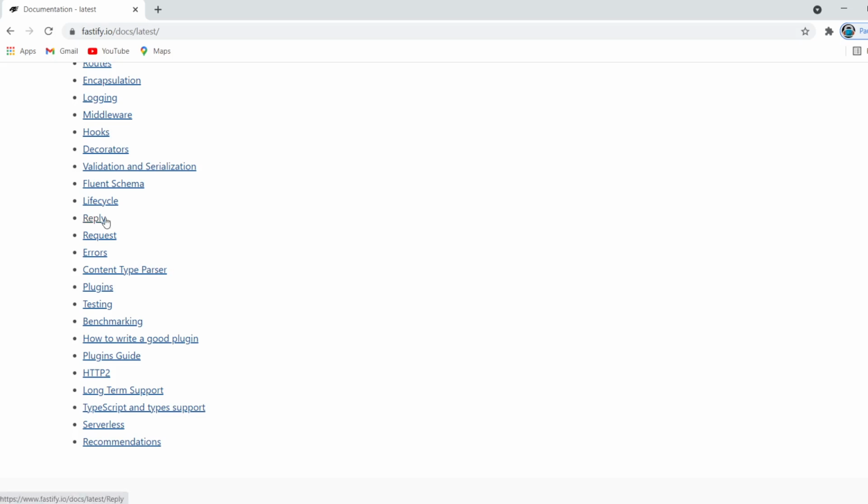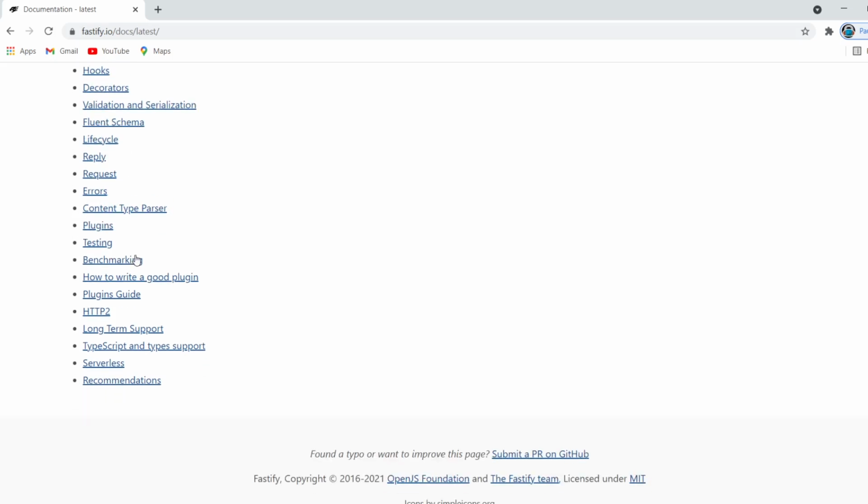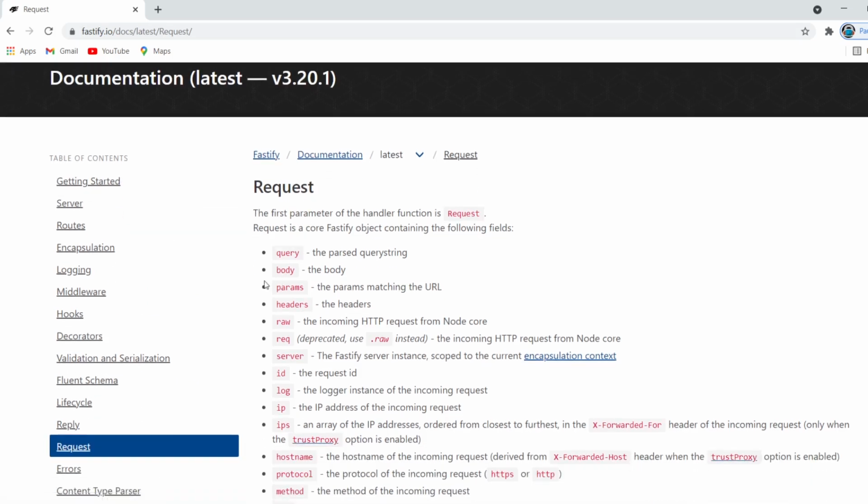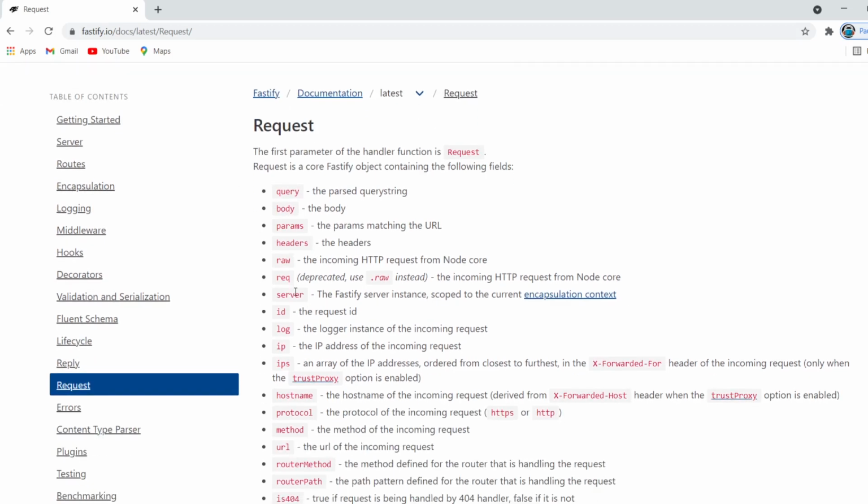If you see reply, we use response in Express, but here we have to use reply to get the response. Let's see what all the things we have in request. Yes: query, body, params, headers. These things are similar to Express, because if you see the Express documentation, you will have the same things there.